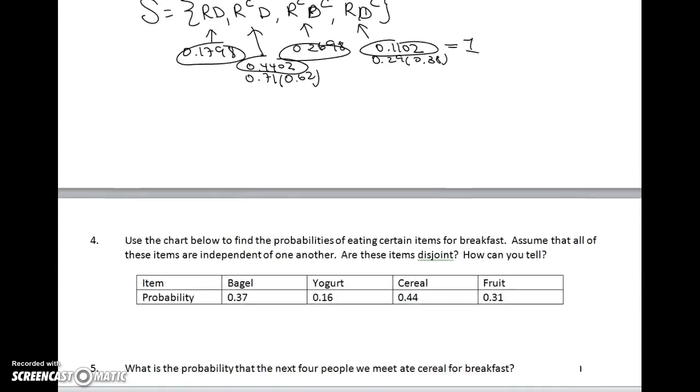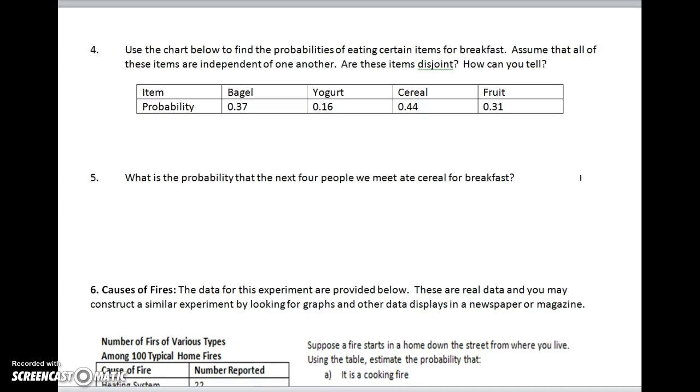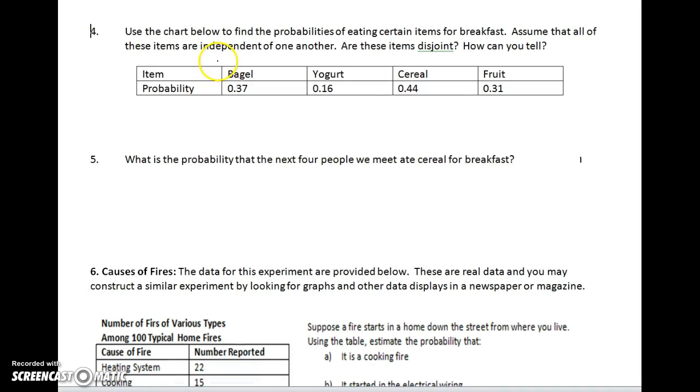Alright, so the next example we have is looking at a chart of things we could eat for breakfast. So once again, it's telling us to assume these are independent. We want to know, are these items disjoint? So meaning, can any of these events happen at the same time, or are there no overlaps? So disjoint means no overlaps. So if we go through and we look at bagel, yogurt, cereal, and fruit, and we decide if this is a legitimate model, all of these probabilities add to 1.28. So we know that this is not a legitimate model, and so the items cannot be disjoint. There must be an overlap,